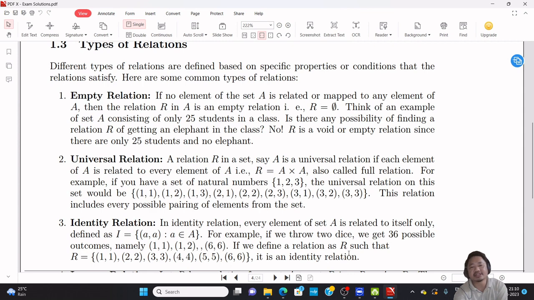So if we define a relation on this set as R equal to the set that contains (1,1), (2,2), (3,3), (4,4), (5,5), (6,6), तो ये केस में R किस तरह से डिफाइन है? So the element 1 is related to 1 itself, 2 is related to 2 itself, 3 is related to 3 itself, so on, 6 is related to 6 itself. तो इस तरह का एलिमेंट्स अगर है, पेयर ऑफ एलिमेंट्स है, तो R को हम आइडेंटिटी रिलेशन बोलेंगे, ठीक है।